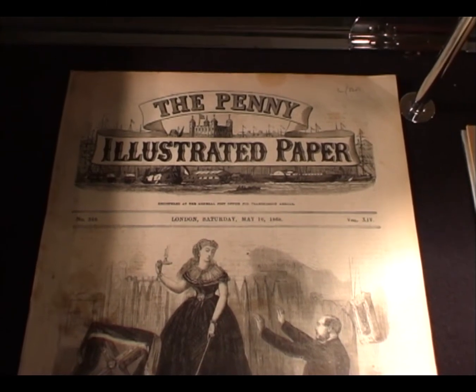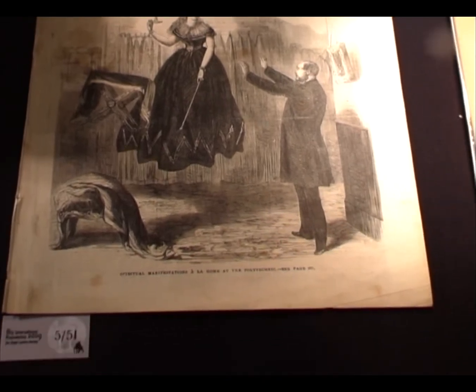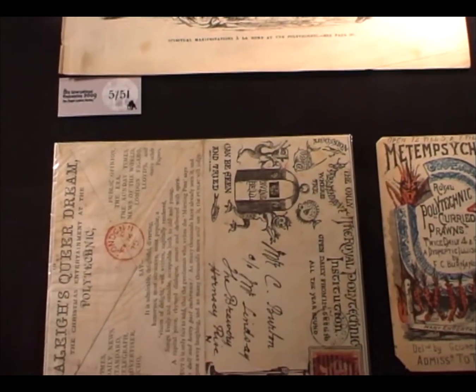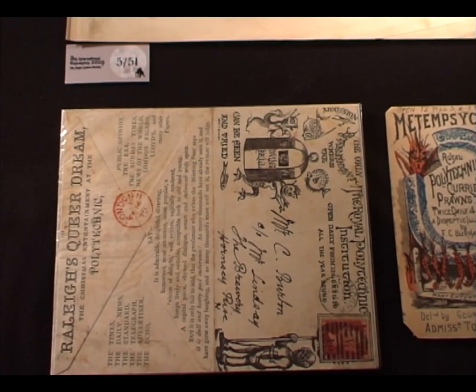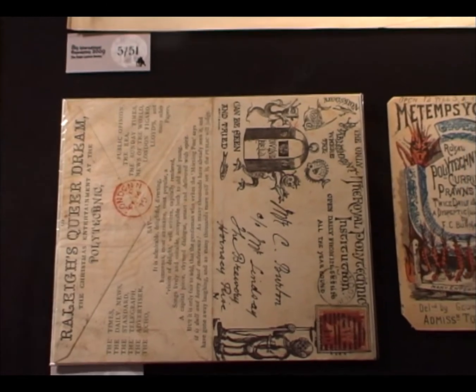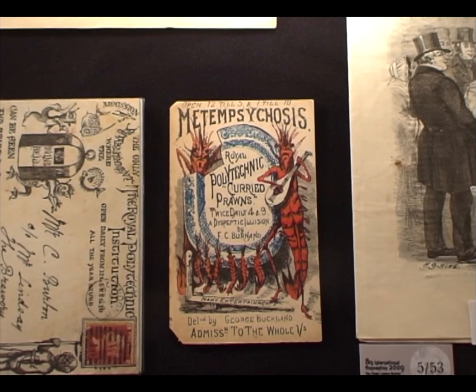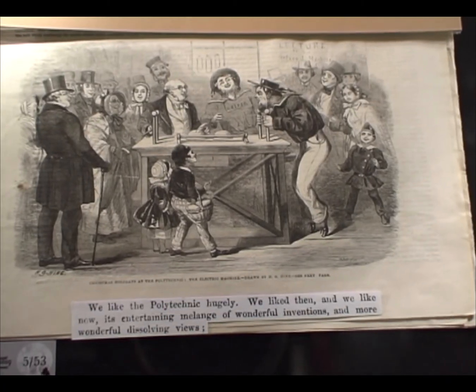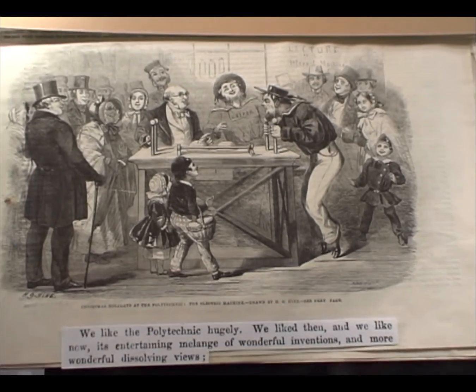The cabinet is just representative of some of the shows they put on at the Polytechnic in its life of 42 years. Spiritualism was something that was featured for a short while. These are invitations to shows, Raleigh's Queer Dream, and a particularly interesting show called Curried Prawns. As time went on, they made up stranger and stranger titles to encourage the people to come. People came to the Polytechnic to be entertained, and children loved coming here because there were so many amusing things